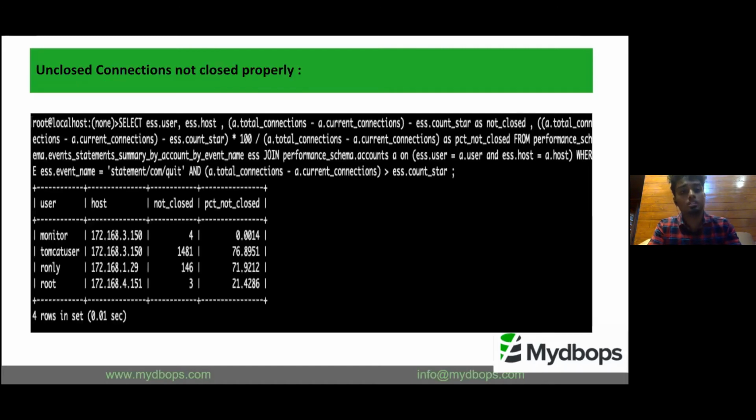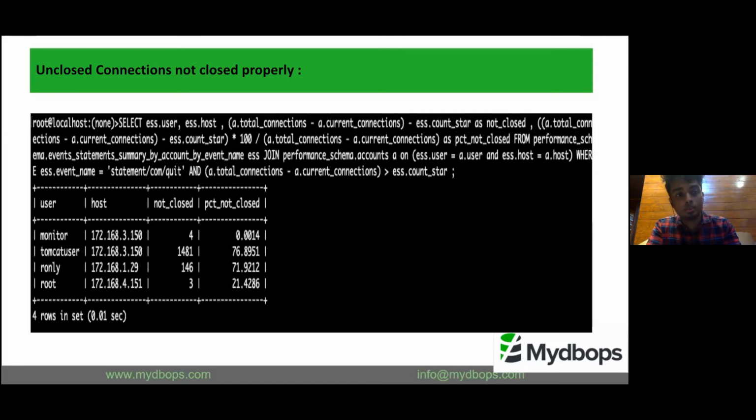These are some of the queries which I have used to get the unclosed connections in MySQL 8. Here I found a total of 8 connections not closed properly. Here, I have used the performance schema accounts table.